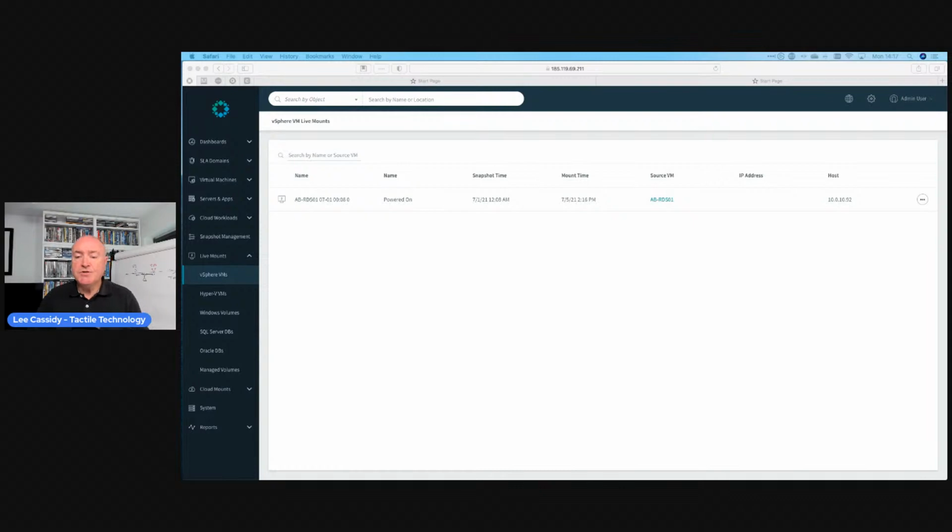The service we offer, which we call Tactile Protect, we do all the management of this for our customers, because most of our small to medium enterprise customers don't really have the skills in-house to be able to do all the backup and recovery work. So we do it for you. We'll set up a schedule. We'll monitor and manage that, and also do all the recoveries for you as well, whether that's a file recovery,